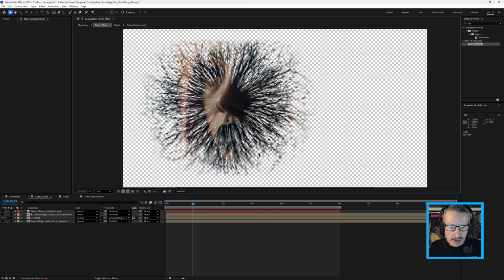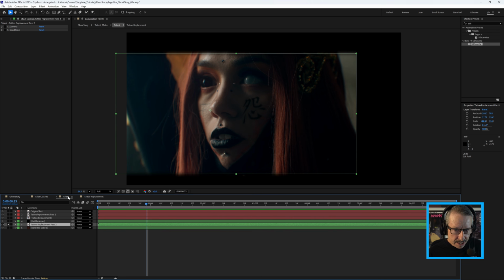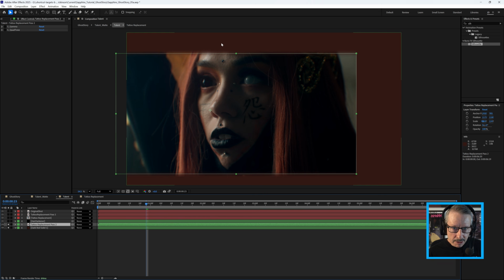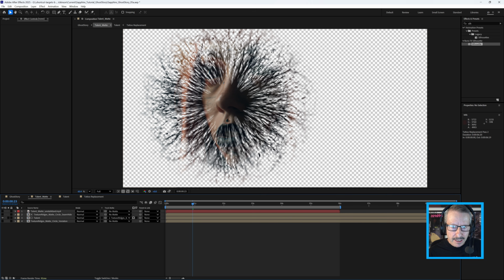This shot scaled to this size wasn't big enough. So I had to just do some minor adjustments inside of this composition, and obviously feathering, and also adding a color in the background. First of all, I just duplicated the footage and scaled it up, but I thought just a solid would do for that. And come back to the matte, you can see now we've got the rest of that matte showing